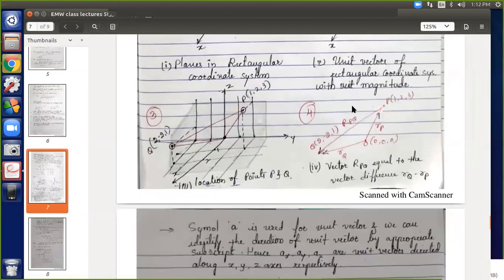Now coming to how to find the distance between point P and Q. Regarding that, if you see by red pen I have marked, if this is the distance between point P and Q, it is having certain vector, assume that. So how to find the distance?